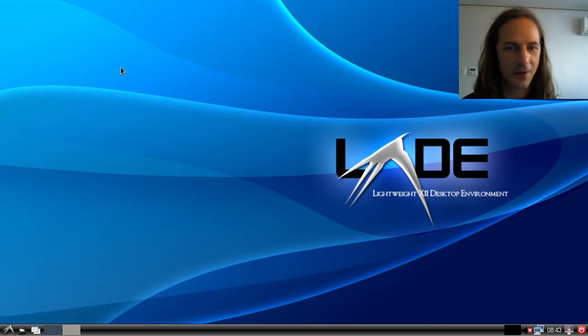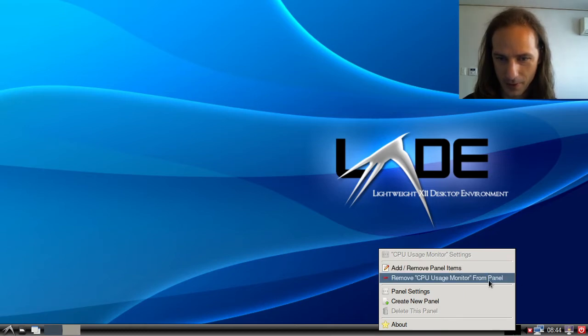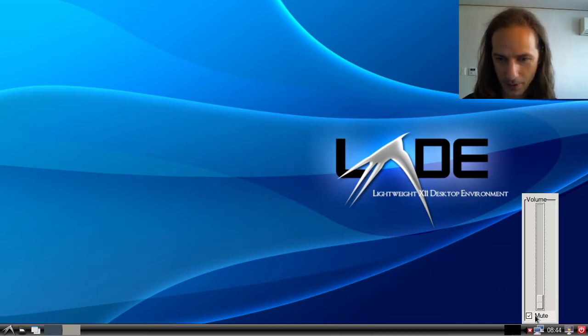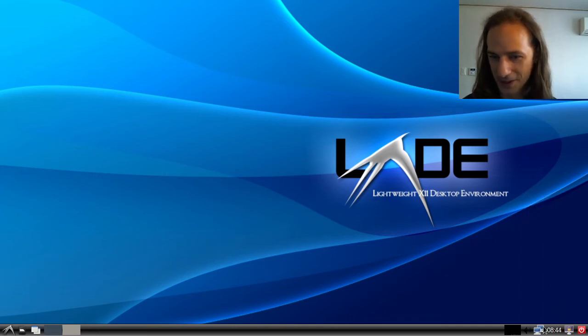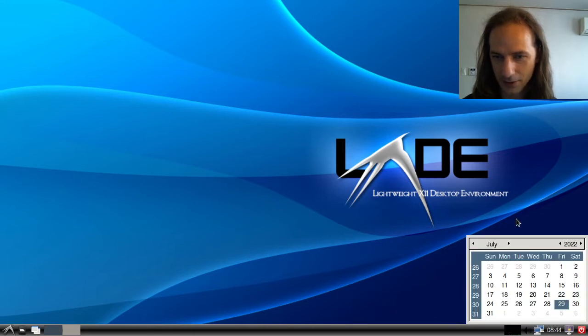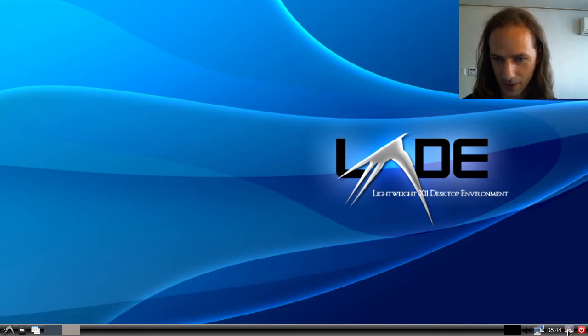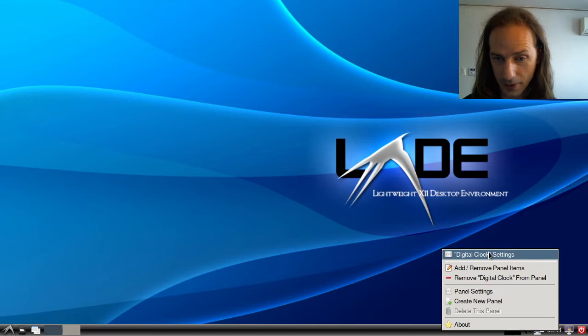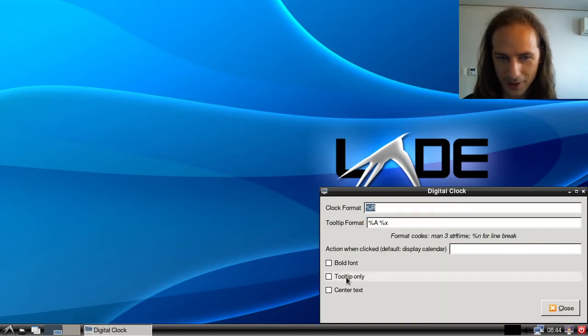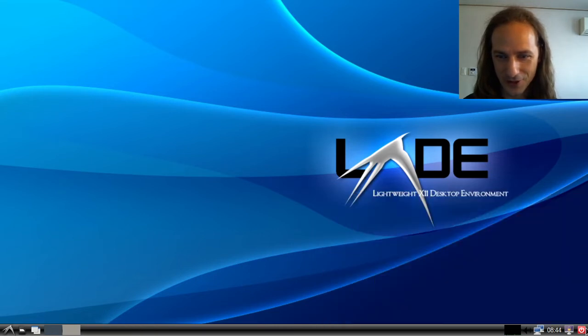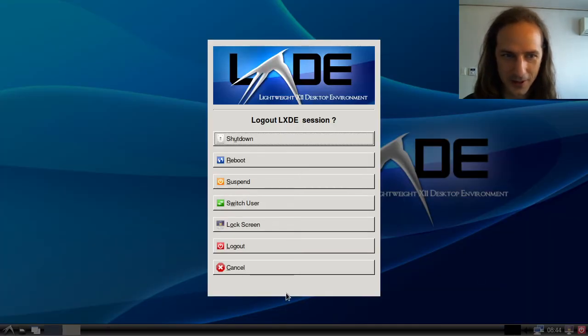Alright, so after another very quick install process, we finally got our LXDE desktop here, which you can see that we have this panel with 2 virtual desktops, and we have, what is this black box over here? CPU usage monitor, okay. And then we have the volume control, very, very old school design. This is network manager applet, so I guess this is going to be the system tray. We have a calendar, and how do I close them? By clicking once again on the clock. But we can also set the digital clock with a settings panel that's just straight out from the 90s, of course. And this is our logout,